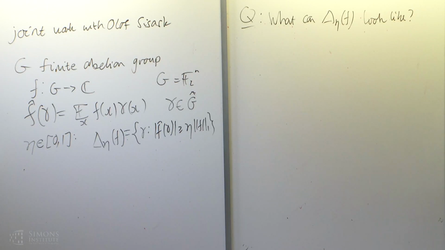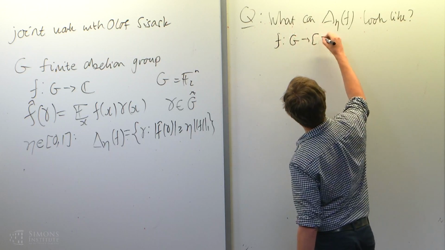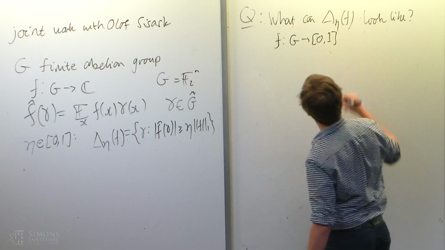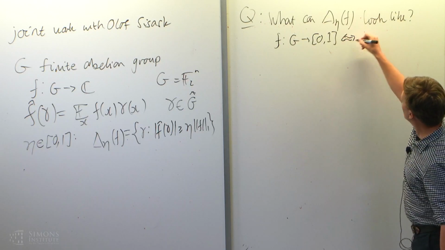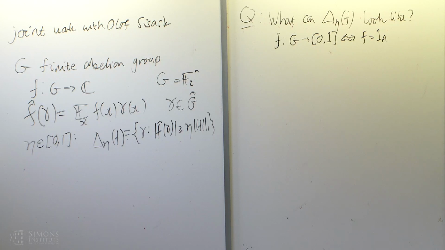Okay. So in a sense, I want to ask what structure the set of structured parts can have. It turns out this is quite useful for various applications. And in particular, I'm going to limit myself to functions which are bounded, which is essentially equivalent to considering functions which are characteristic functions of subsets of the group. So I generally think about things in terms of this: A is a subset of the group with density alpha. Okay, and let me just first record